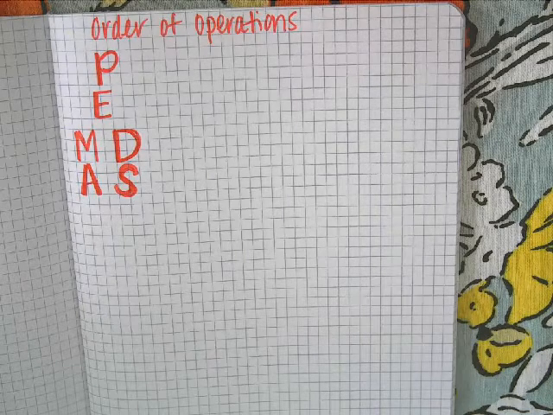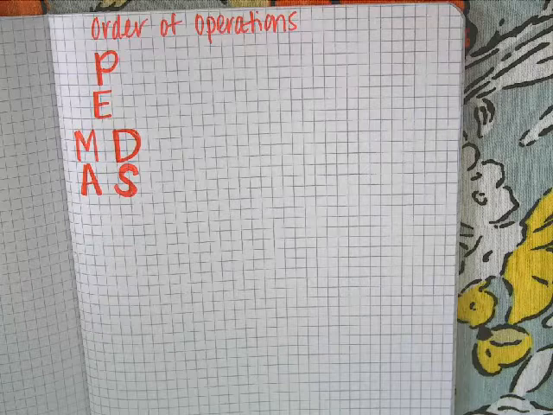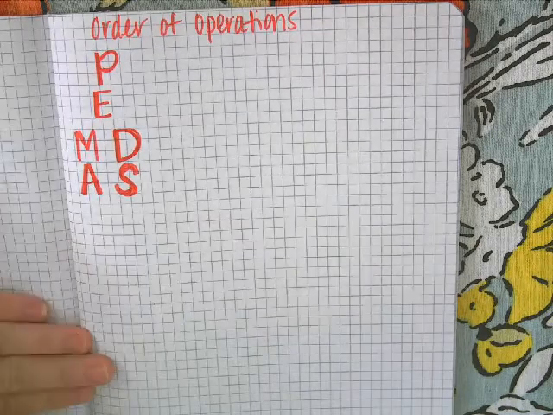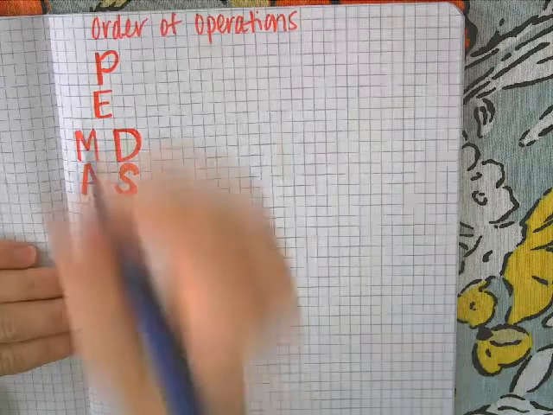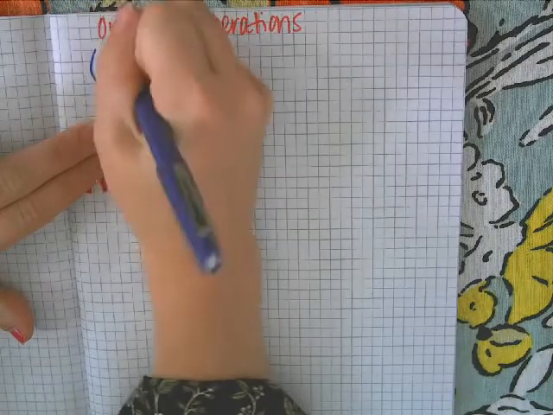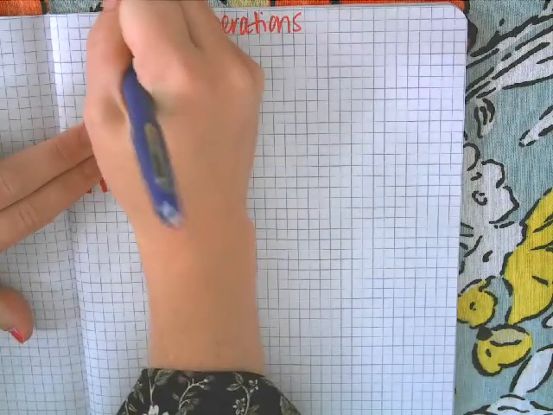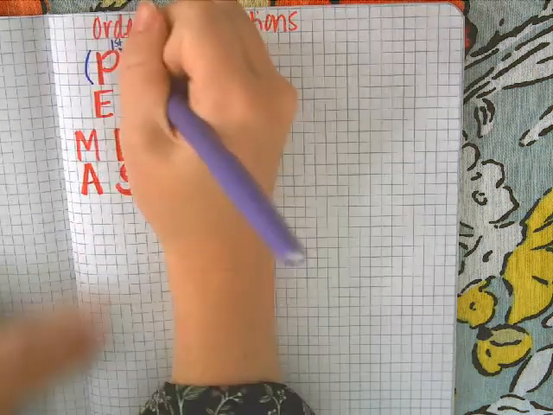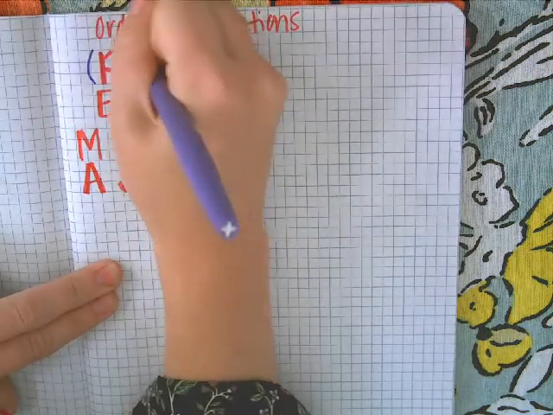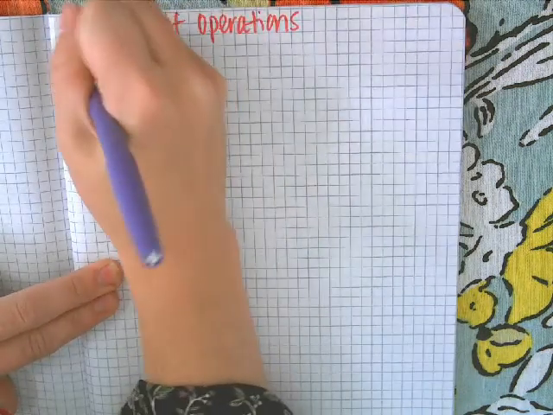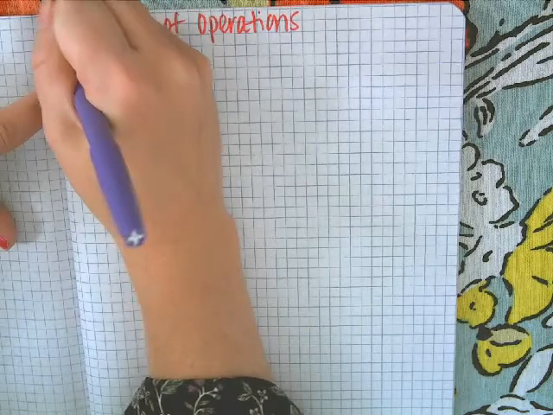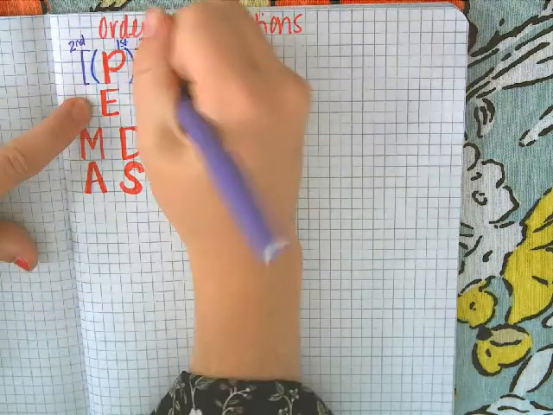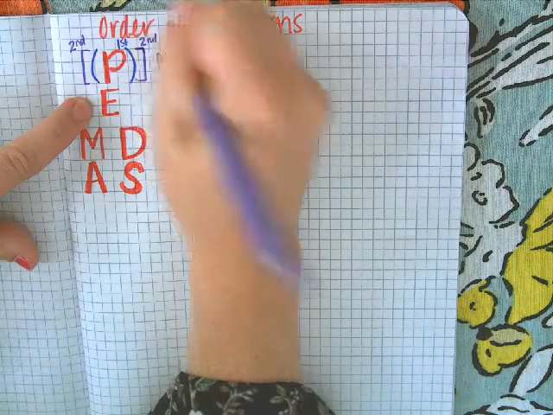To remember this order, we're going to use Pendus. Each letter of Pendus represents a certain step. For example, first would be parentheses. If you have another type of grouping, it would come second. Always starting with parentheses. So, if you'll write out to the side parentheses and